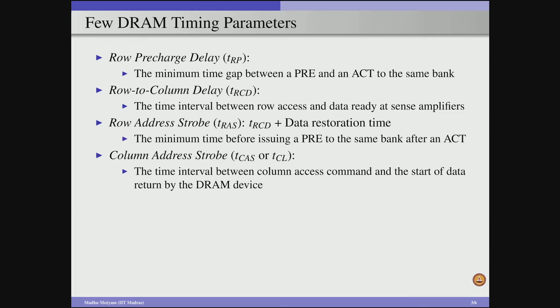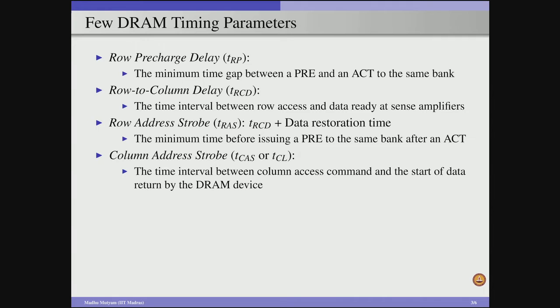Now we read a particular row onto the sense amplifiers, and now the sense amplifiers have the data. Now we want to perform a column read from the sense amplifiers. To do that, there is a timing parameter which is tCAS. The tCAS specifies the column address strobe delay, and this is the time interval between the column access command and the start of the data written by the